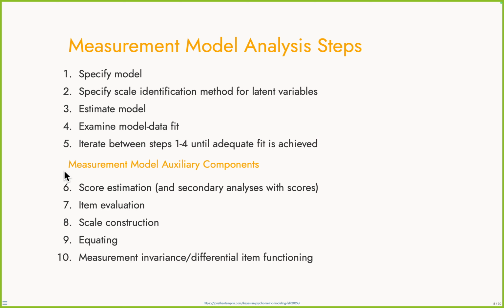So those are the 5 big steps in the measurement model analysis, but then there are auxiliary components as well. For instance, we may need to give everybody a score. In conspiracy theory land, for our example, I don't know that we need a score as much as